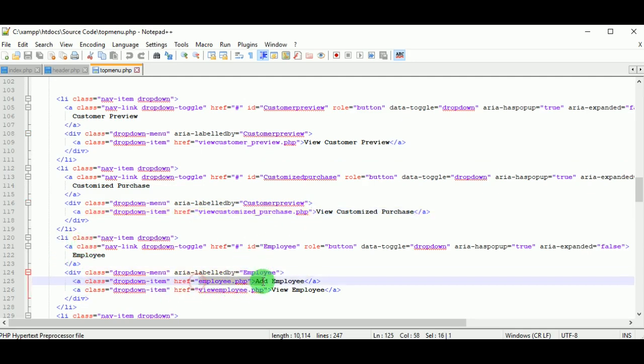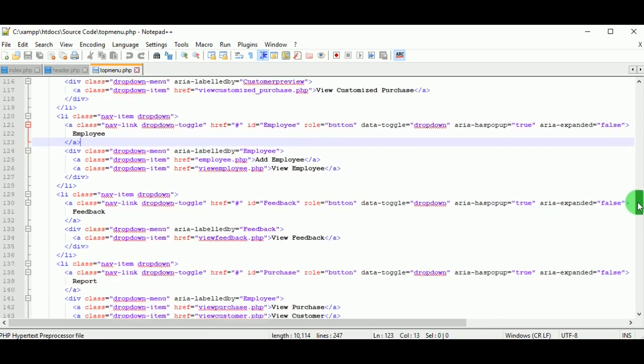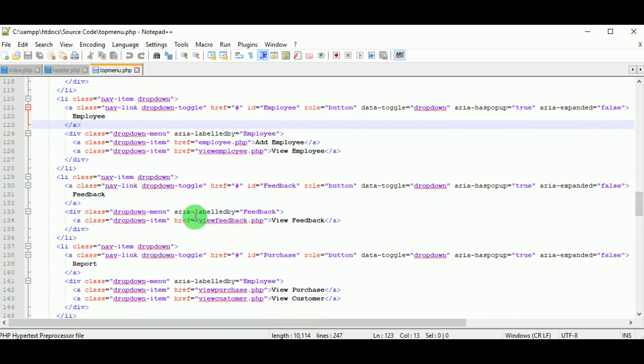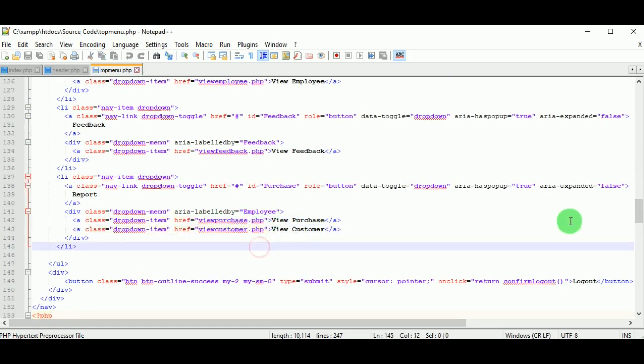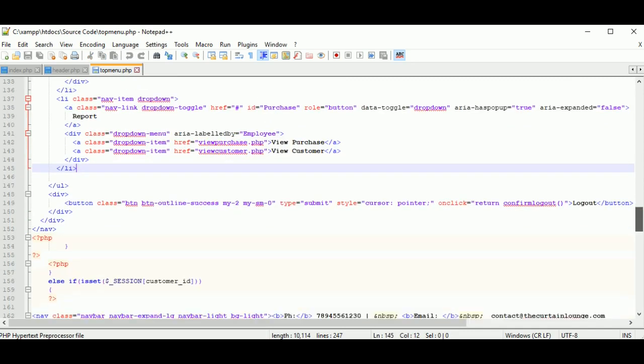In employee, the admin can add employees, who can be admins or tailors, and view the employees. Next, in feedback, view feedback.php will redirect you to view the feedback from the customers. Then there is a report where the admin can view purchases or view the different customers. So these are the menus available for the admin.